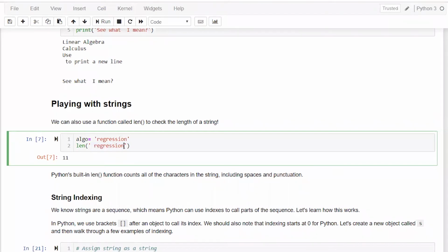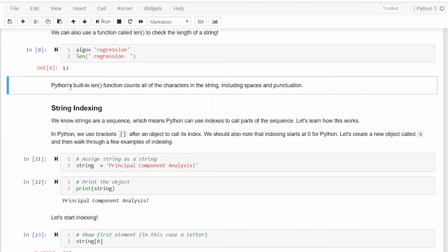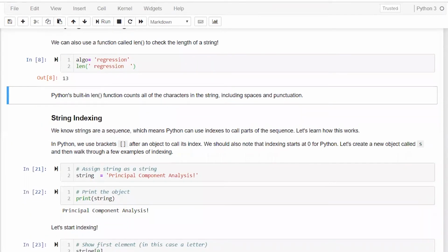So based on however many spaces there are, the length of the string will change. This is a very useful function which we'll be using more often in later sessions. To find the length of a string, you simply call the len function. Now there are a lot of other operations and functions on strings. We'll cover them later when we talk about strings in detail. There are upper and lower functions which can convert a string to uppercase or lowercase. Those we'll deal with later.